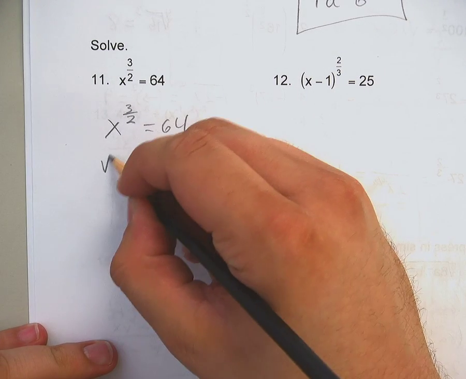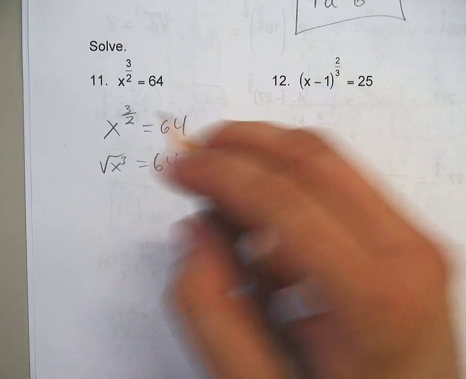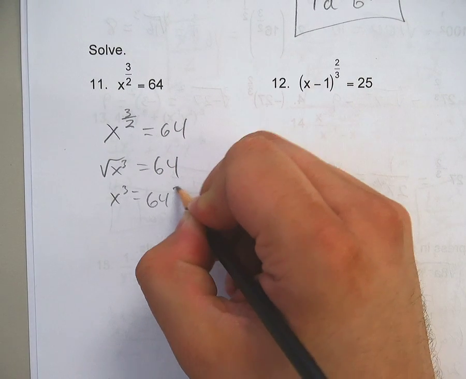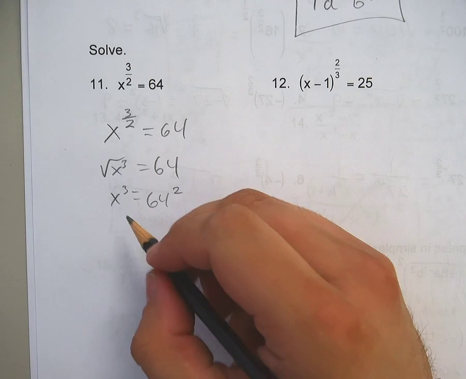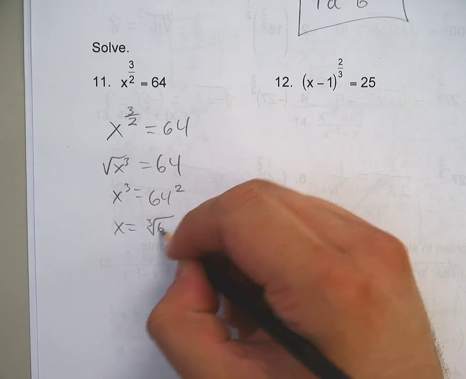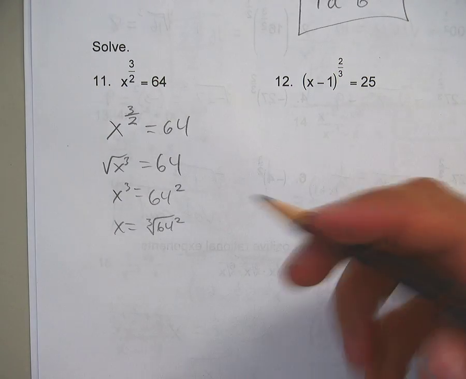This is really the square root of x cubed, right? So you could go through and then square both sides. That's going to be x cubed equals 64 squared, whatever that number is. And then cube root both sides. That'll be the cube root of 64 squared. Yikes. Or